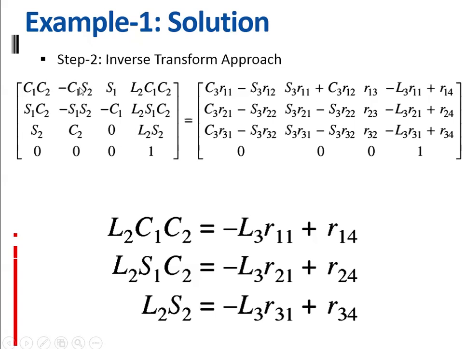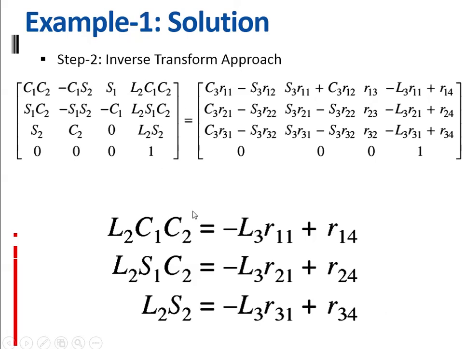This you will obtain. Now it is a function of only theta 1 and theta 2, and it is a function of only theta 3 and all the constant terms. Now again follow the same steps. You have to find out the terms which basically give you the tan term, or which are very simple to simplify. So firstly let's go for this part. Let's always start with the D part, identify this D part. If I equate this part to this part, then this part to this part, last part to that part, you will obtain this equation.